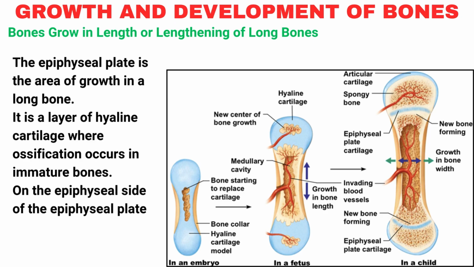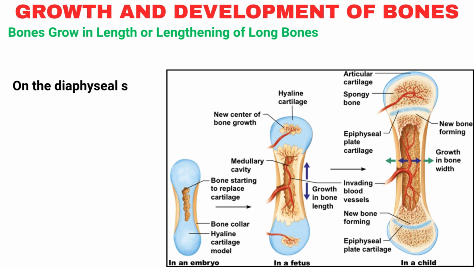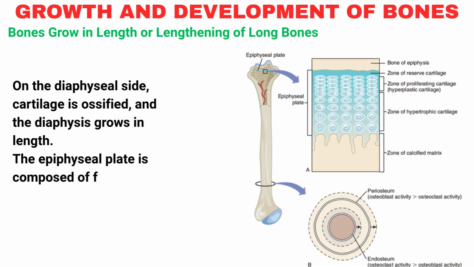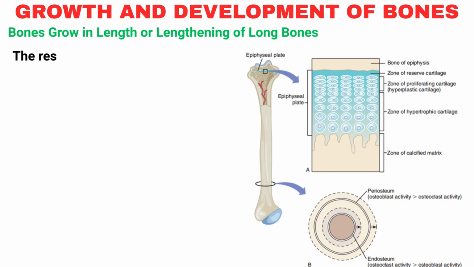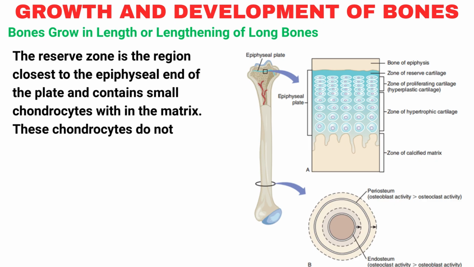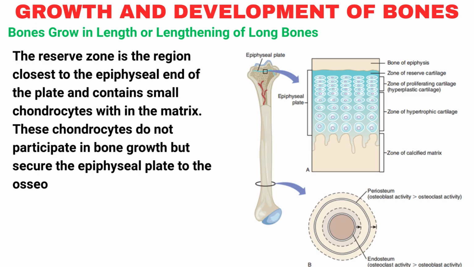On the epiphyseal side of the epiphyseal plate, cartilage is formed. On the diaphyseal side, cartilage is ossified and the diaphysis grows in length. The epiphyseal plate is composed of 4 zones of cells and activity. The reserve zone is the region closest to the epiphyseal end of the plate and contains small chondrocytes within the matrix. These chondrocytes do not participate in bone growth but secure the epiphyseal plate to the osseous tissue of the